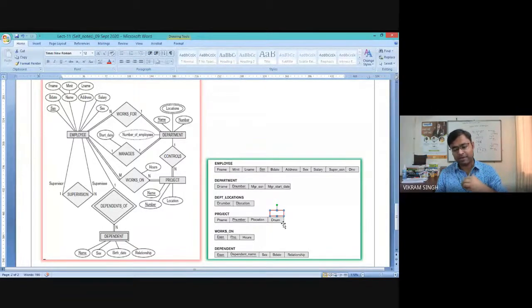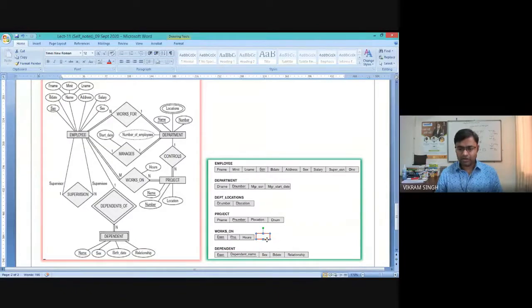So that's why we have added this D number attribute into the project table to map the relationship of nature 1:n, right? Okay, now the works on table we have already discussed. This table is basically originated because of the m:n relationship between employee and project, right?